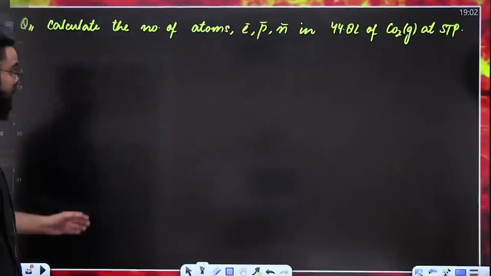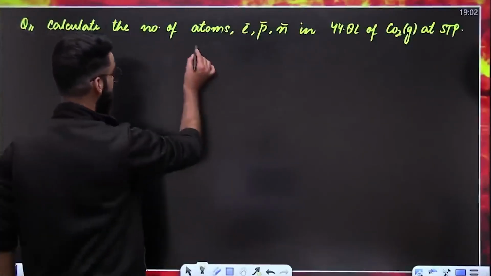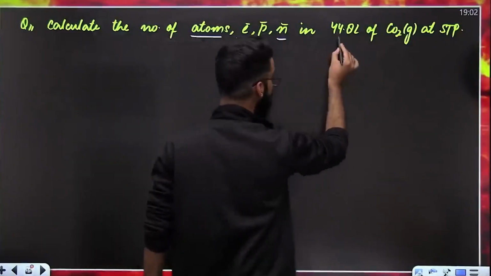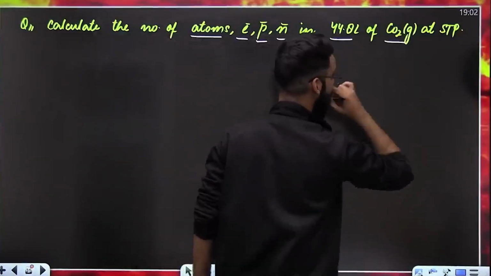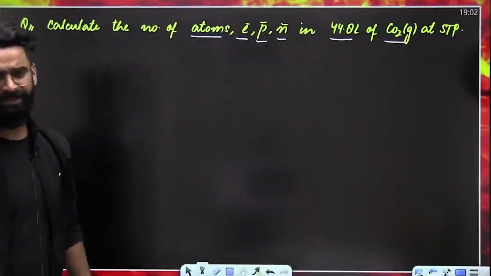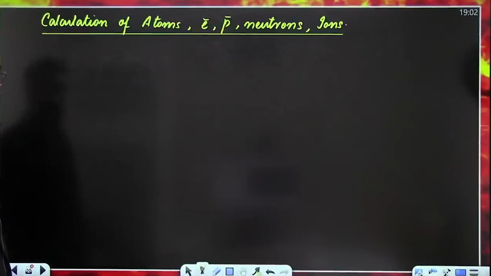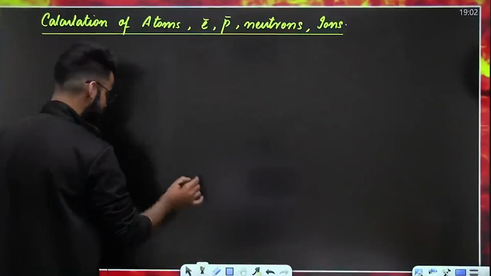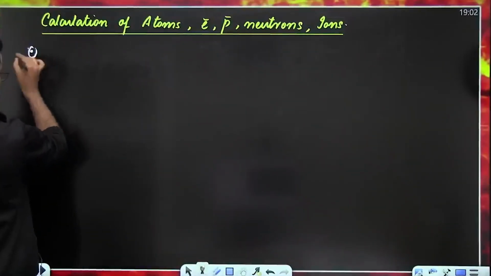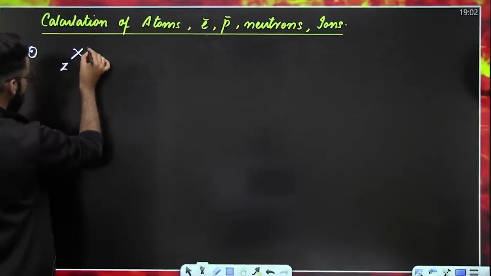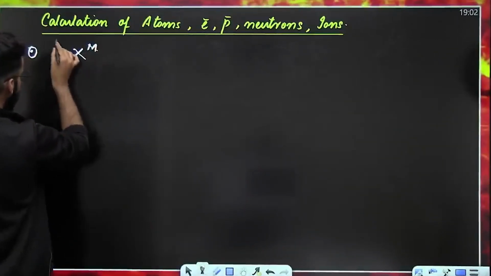Okay, one more similar type of question. Calculate the number of atoms, electrons, protons, neutrons in 44.8 liters of carbon dioxide at STP. All these things are to be calculated, right? So before solving this particular question, I need to tell you some basic stuff. For example, you have got the element X, whose atomic number is Z, whose mass number is M,